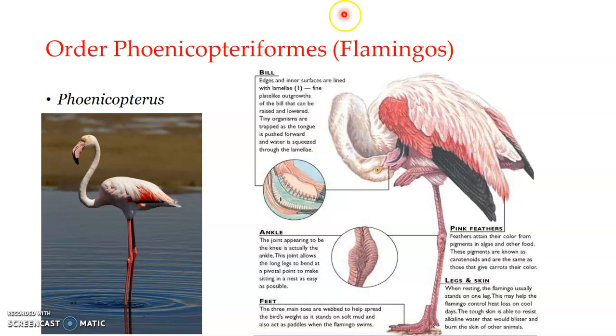And you can see the bill, that is very important. Edges and inner surface are lined with lamellae, that is fine plate-like outgrowths of the bill that can be raised and lowered, and with this they actually filter out tiny organisms in water. Okay, they use it for filtering out